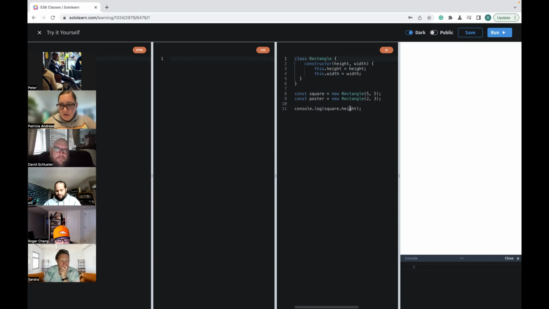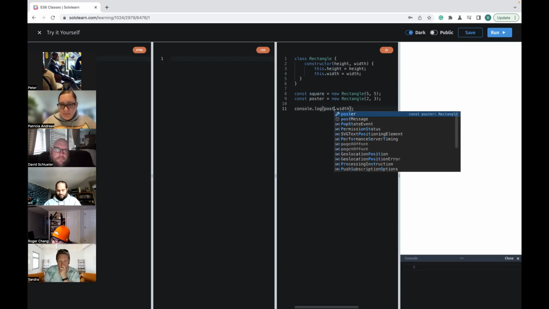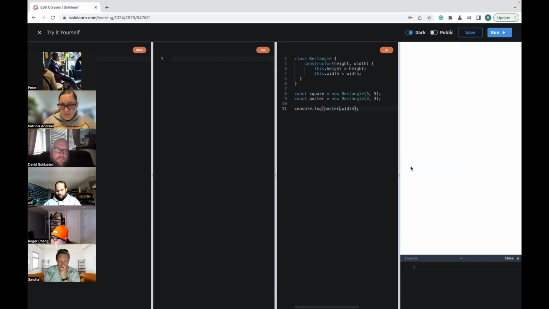So also if we did width on this one, we still get 5. Okay, that's it, because it's the same. But say we did poster. It's a way of doing the dot syntax for getting your results, right? So we're doing poster dot width, and we're going to get 3,